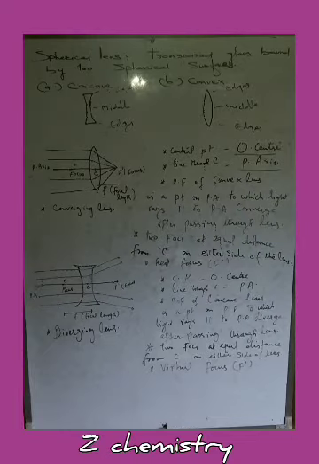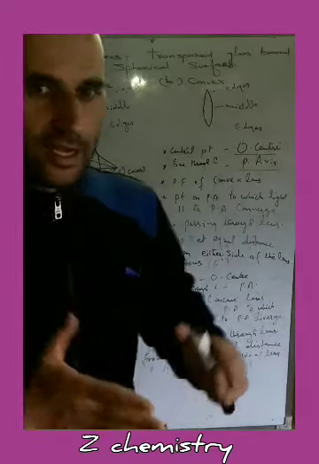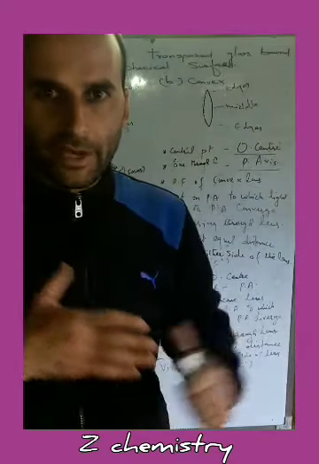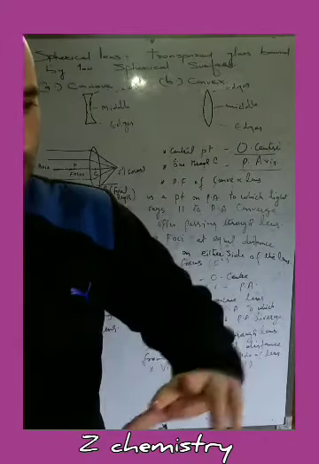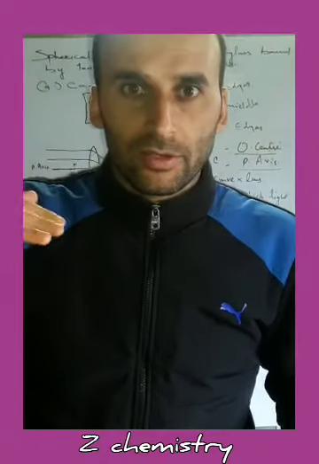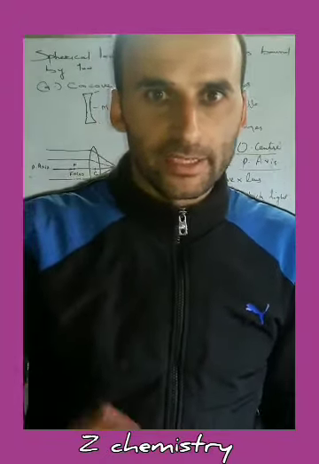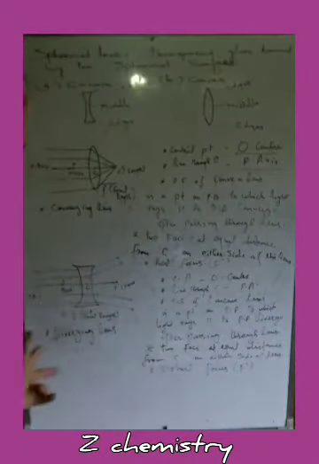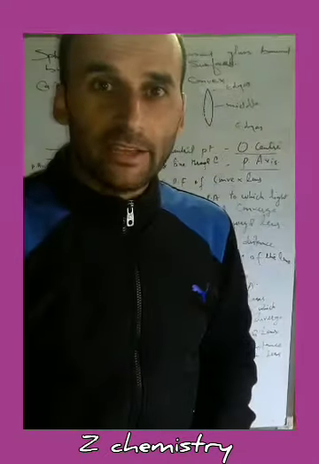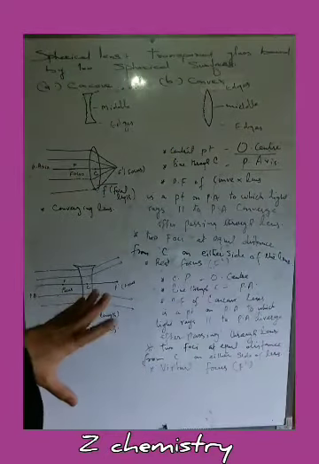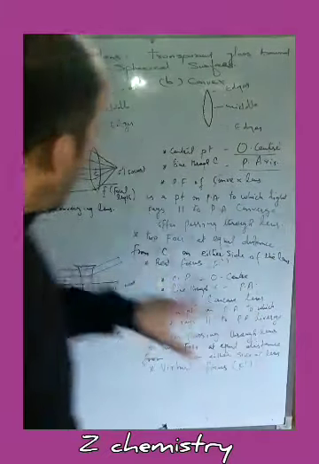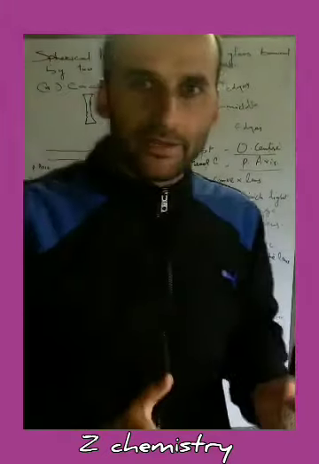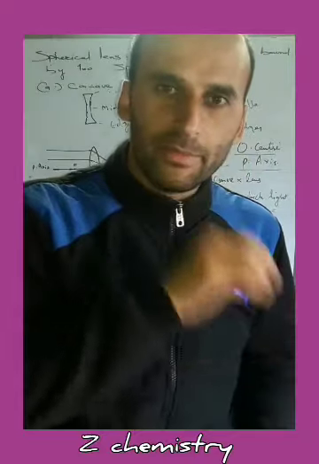This lens is also called a diverging lens because when light rays go parallel to the principal axis, after passing through the lens they diverge from the principal focus. That is why it is also called the diverging lens. After passing through the lens, these parallel beams of light rays separate out, while in the case of the convex lens, these parallel beams of light rays focus or meet at a certain point.